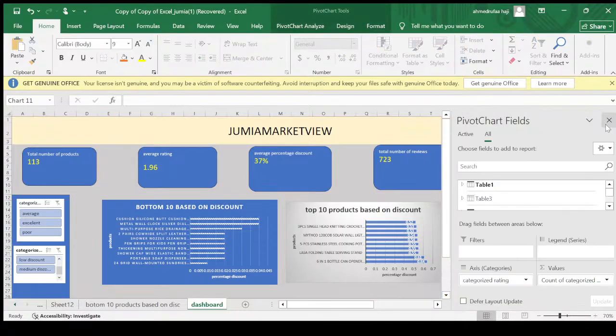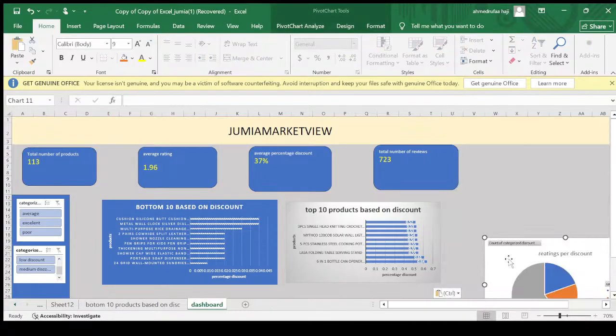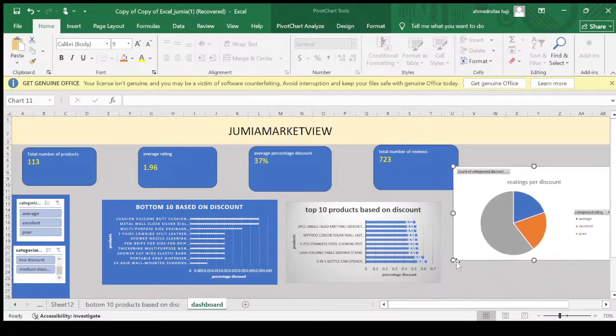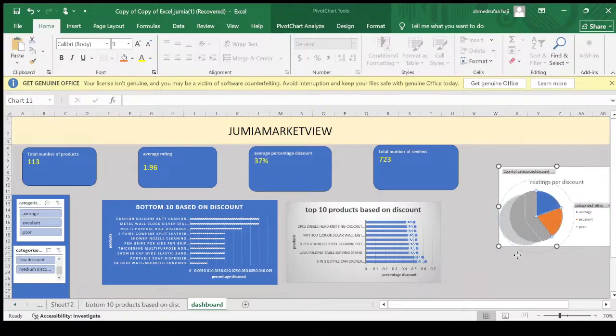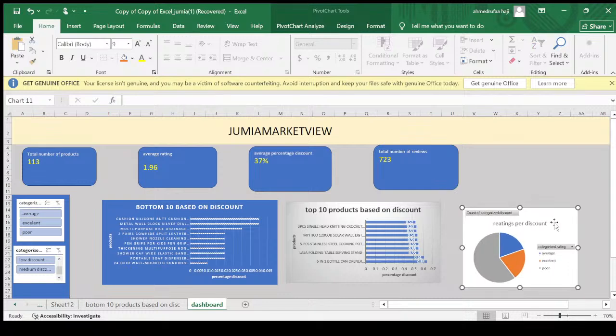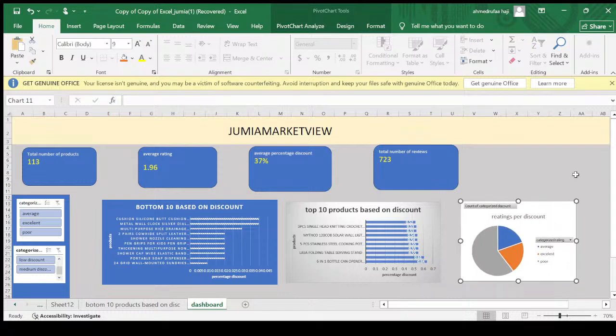Okay, nope, I don't want to do that. Okay, reduce your size, make it small. Okay, now bring it somewhere here. After doing that,